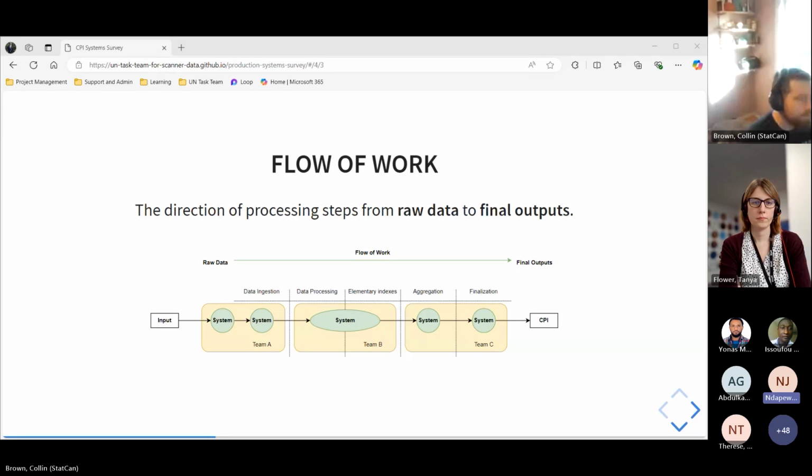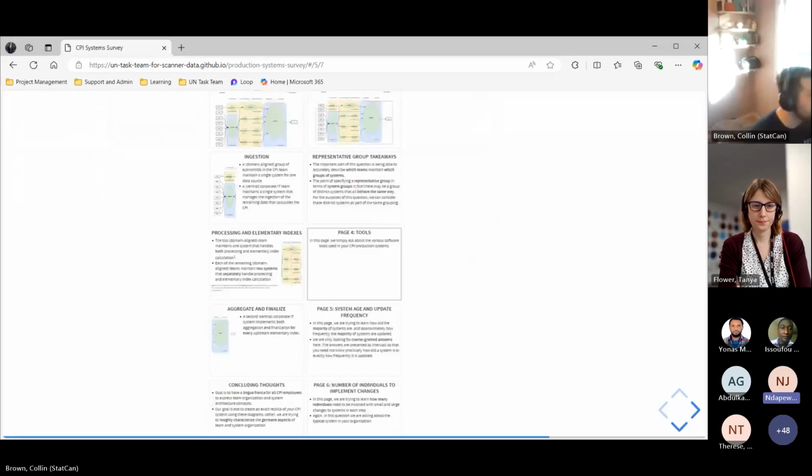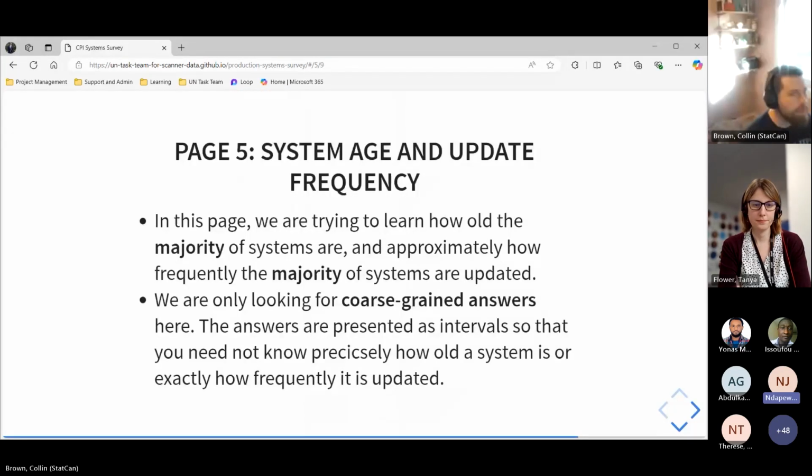Yes, it does. And the second question is, when you say updating frequency, do you mean, let's say, renewing the system according to version, or does even adding data to the system count as an update? Good question. The survey itself will explain in more detail what we specifically mean by that. But at a high level, we're talking about any non-trivial update. The latter example you gave, adding a data source, would be considered a pretty important update, or what we would call a large update.